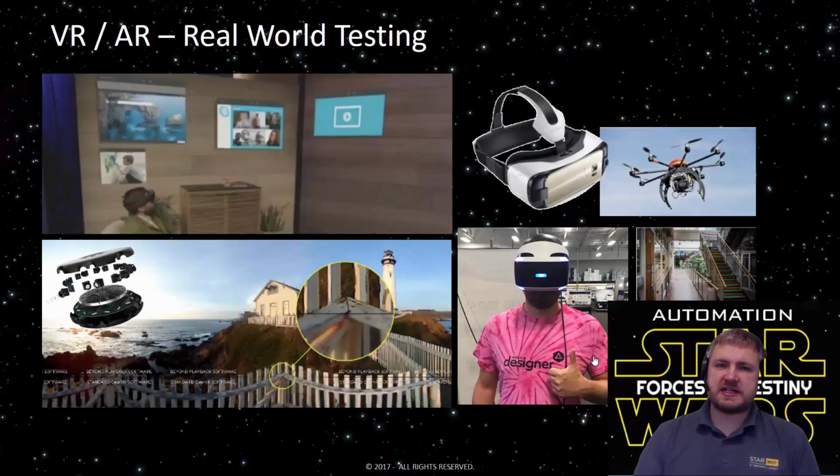We've also done testing on devices which you see in that bottom left corner, which is the Samsung Beyond, which allows you to live stream 360-degree VR. We've looked at mounting these onto devices so that you can control them from an autonomous point of view, and that could be, as you can see in the top right corner, based on drone technology. But once you've got that learning, you can start applying AI onto that.